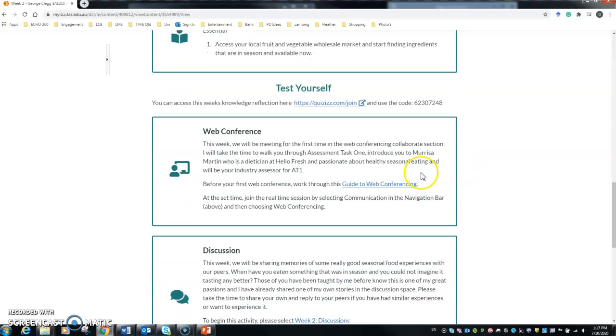There's access to the web conference for this week, where they'll be meeting for the first time. We'll go through assessment task 1, as well as introducing the tutor, Marissa Martin, who is a dietitian. She is going to help with marking, be a sort of industry engagement person who helps with the marking and making sure everything's